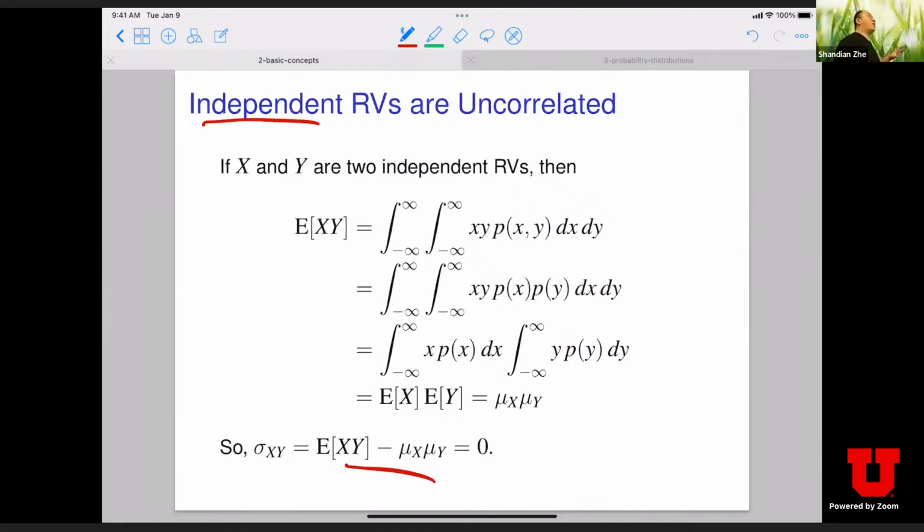For example, if your random variables are Gaussian random variables, then correlation is equivalent to independence. However, for other types of random variables, they might have some higher-order dependencies, and the covariance or correlation doesn't exclude those, so it does not imply that they're independent.